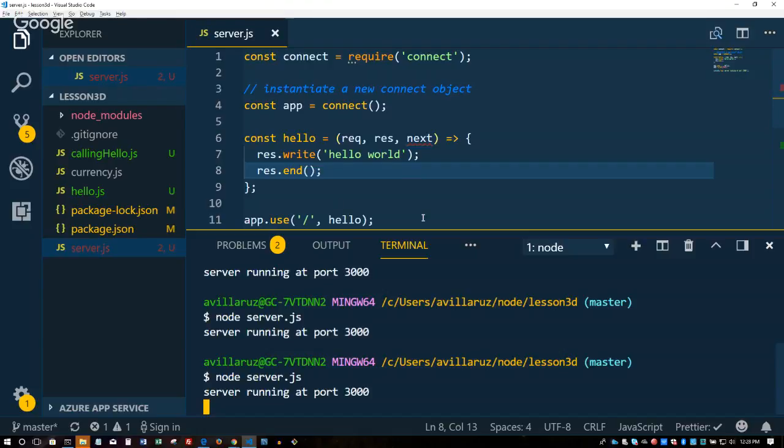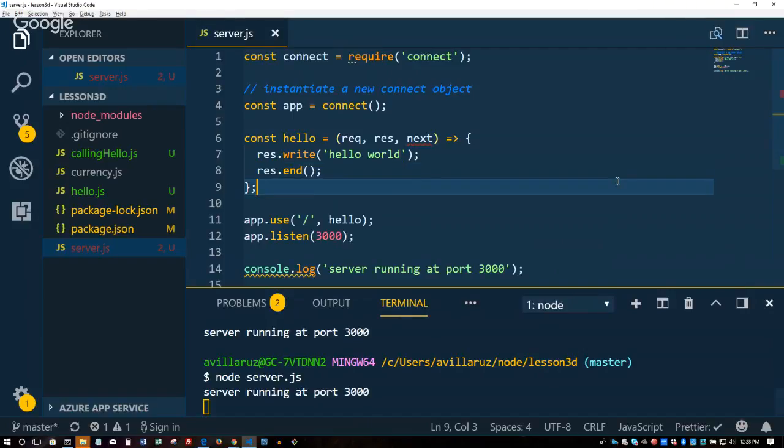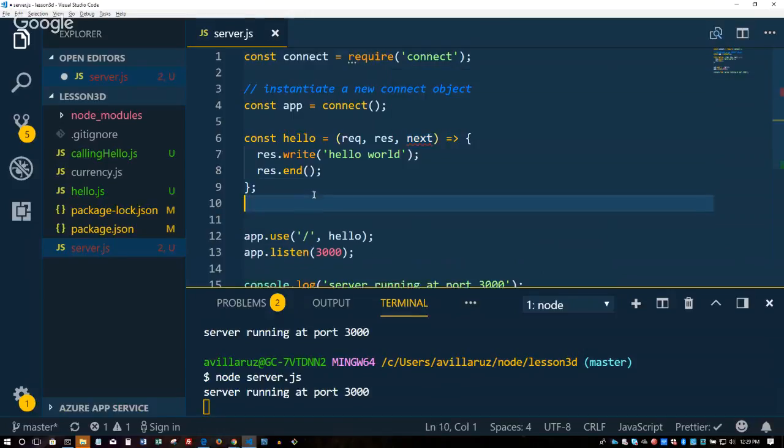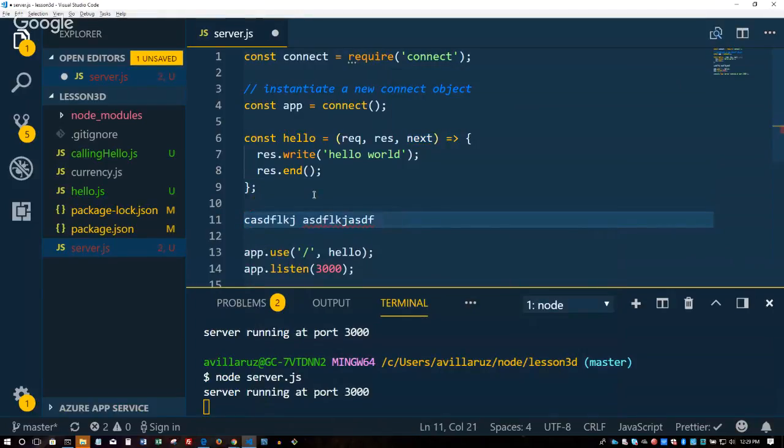Question, yeah. Okay, we're going to get into that maybe next week. But to quickly answer your question, maybe you want to pass to the next function. You don't necessarily want to do anything here, but you still want to carry on. So you call next, and that'll go to the next function here. So maybe this is like an authentication piece, and it'll run that. I will get into that later.